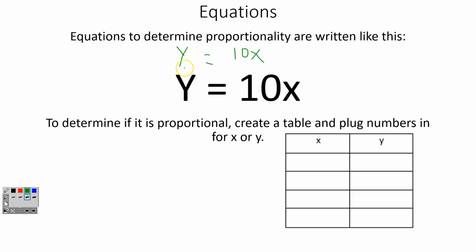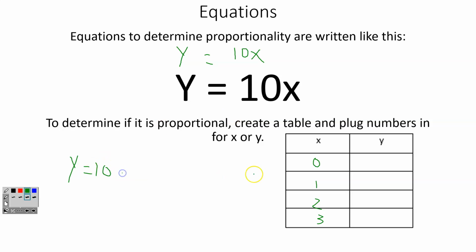So all proportional equations will look similar to this, where the y will be on one side and the x will be on the other. So we need to plug in numbers into this equation to figure out x and y. So I'm just going to use some basic numbers like 0, 1, 2, and 3. So I'm going to substitute these numbers in when I see x. So instead of saying y equals 10x or 10 times x, I'm going to say y equals